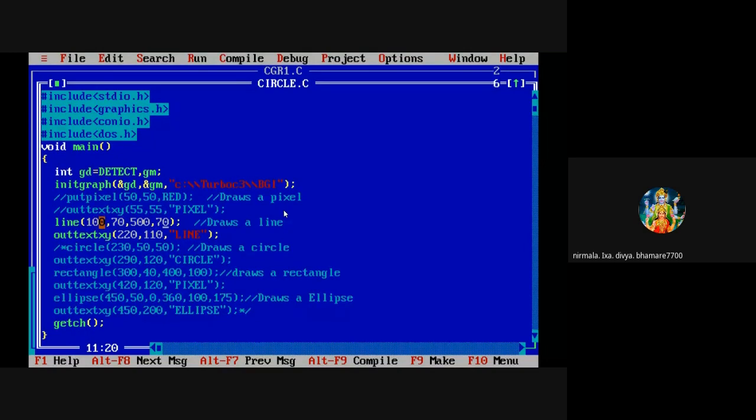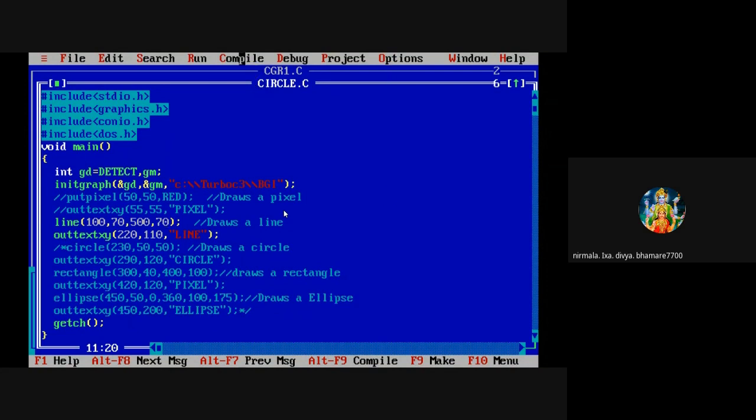You just try to plot on paper. Draw a rectangle, that is, draw the shape of a monitor and plot the x and y coordinates of the line. So 100, 70 is the starting point of the line and 500, 70 is the ending point of the line. So I have increased the x coordinates, but I have kept the y coordinates constant. So the line becomes a horizontal line.